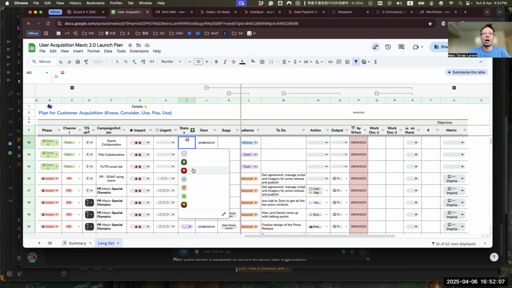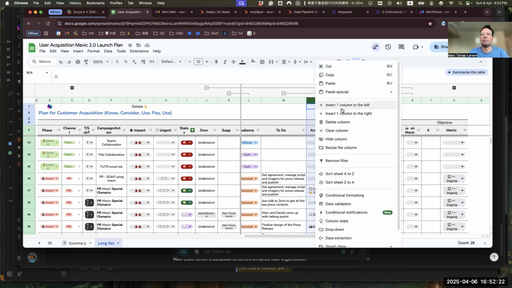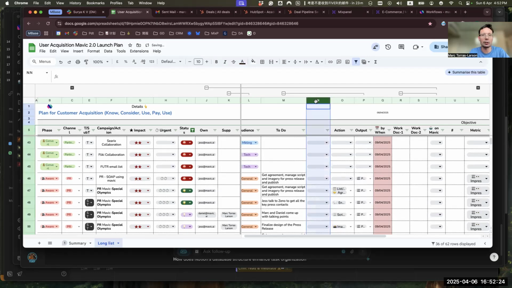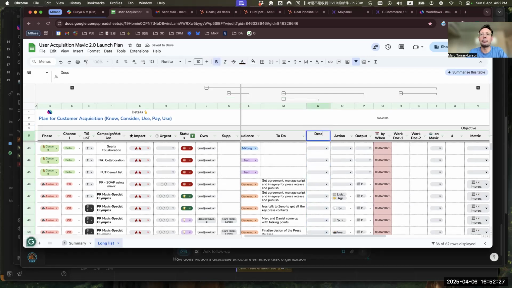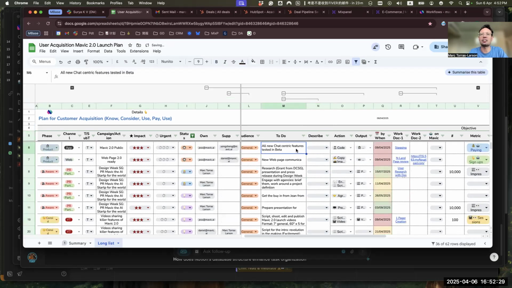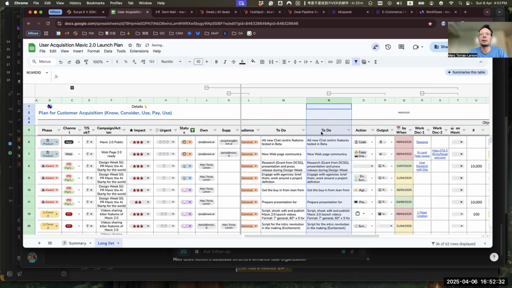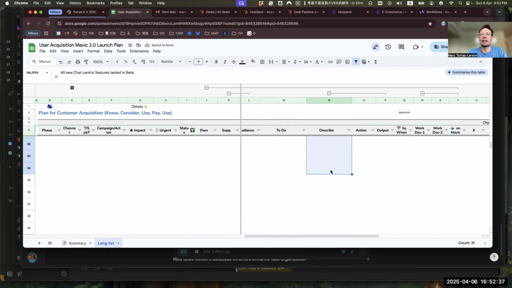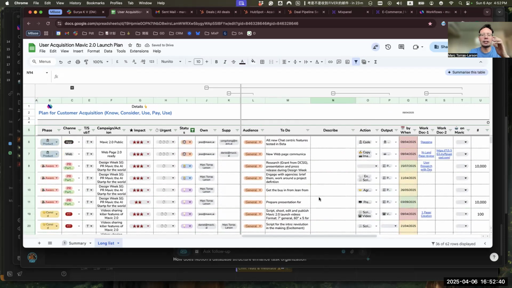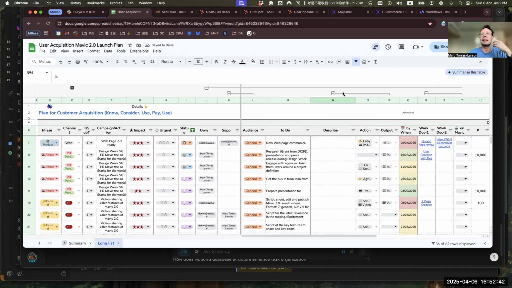Blocker, meaning something is blocking us from starting. Say, I don't have this information. This is important, because if I see that directly in the file, it's like, what happened here? What's stopping you? Ideally, you would edit, and I'll actually add an additional column where you can describe any challenges that you're having. You just describe here and say, I'm having this problem. You don't need to spend tons of time updating stuff, but it can be helpful.